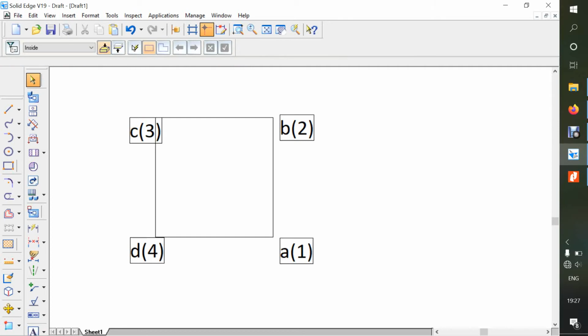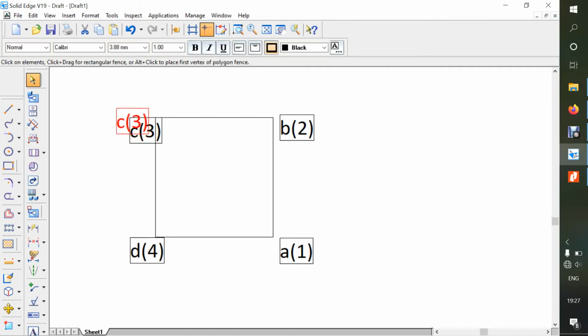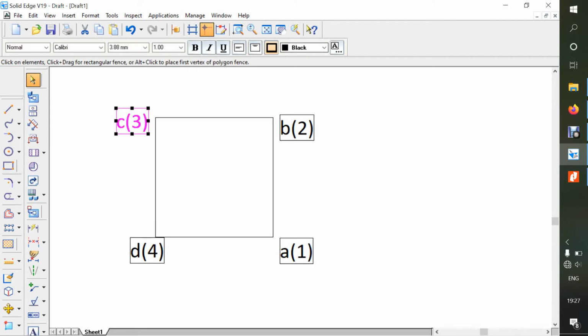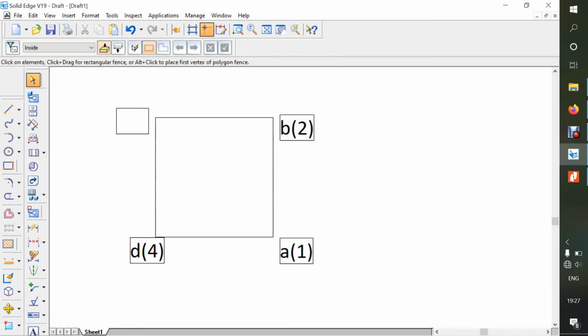So now just select this and move it outside. So here if you don't want to have any box to this one, you can just select this and